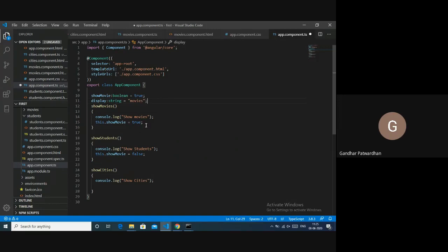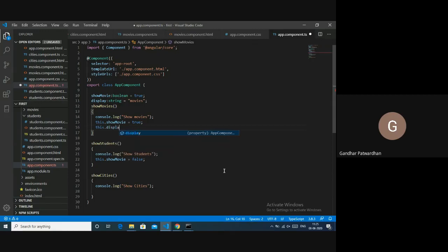Right. And if I click on show movies, instead of this dot show movie equals to true, what I'll do is I'll say this dot display equals to movies. If I click on show students, what will it say?